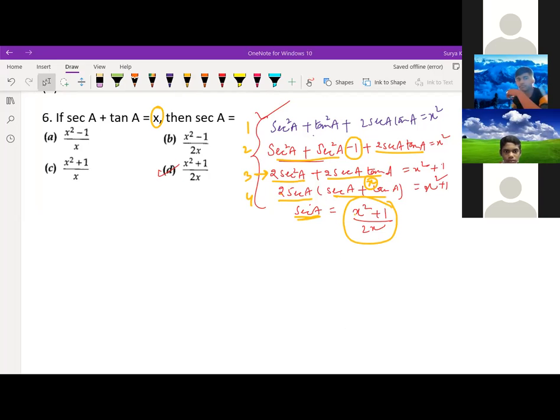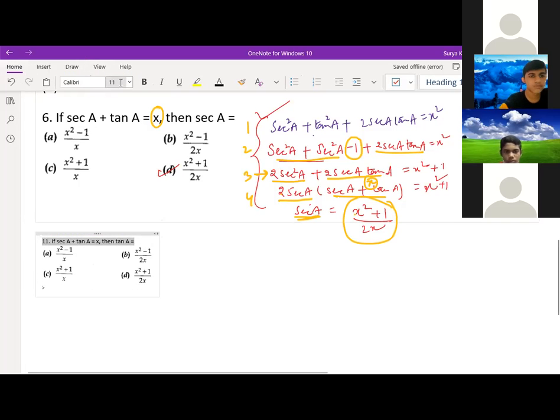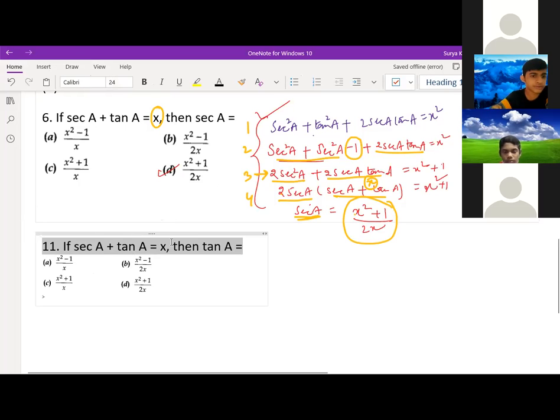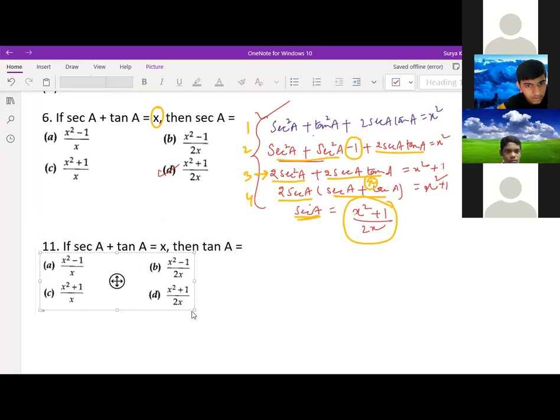If they ask x tan A form, then children you can tell which answer. The one answer is tan A also. Right now we got sec A form. No, other question is for tan A also for the same thing. So option B. Yeah, here option B. So don't remember plus and minus. They may change in anyhow. In exam time, they may change. So here answer will be what? X square minus 1 divided by 2x. This is the answer for this.